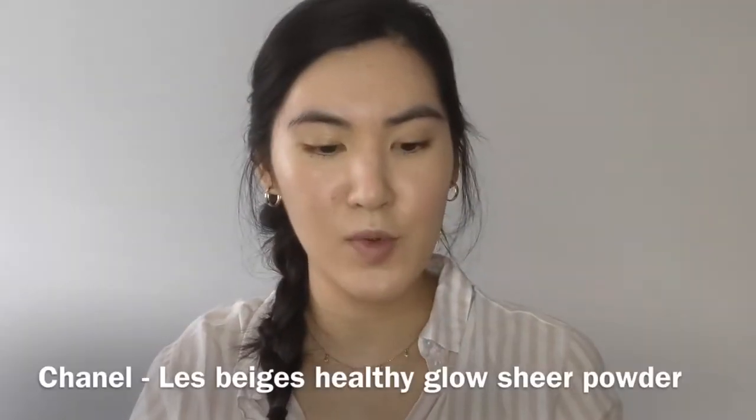However, if you're someone that's super oily, you can also just pop on a little bit of powder. And this one's really nice because it's just super finely milled, and it's really sheer. It says it's a healthy glow sheer powder, and my gosh, it actually is. It doesn't leave you cakey or dry with any kind of weird dry patches. It's really good. Okay, before I digress,